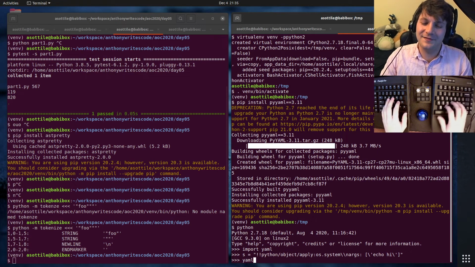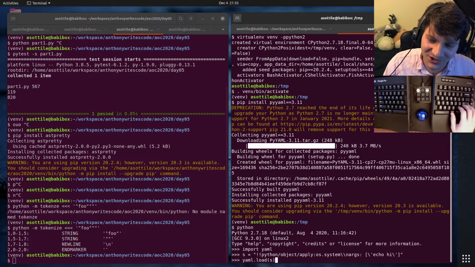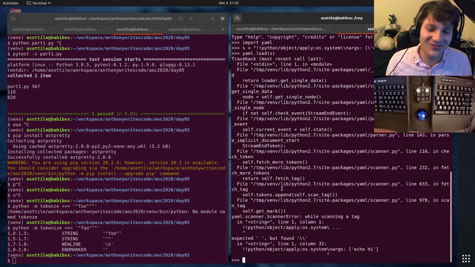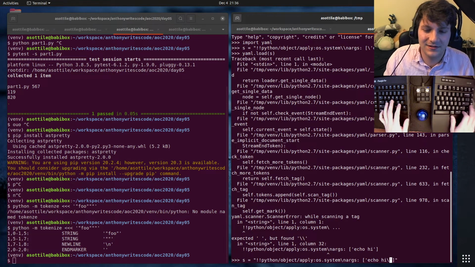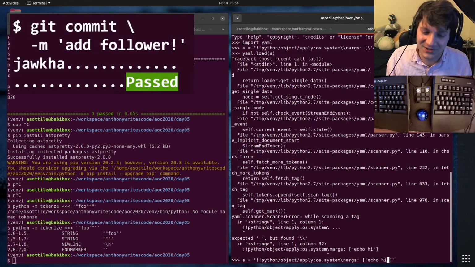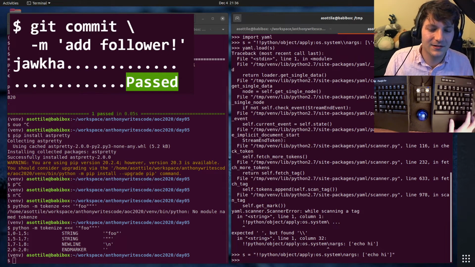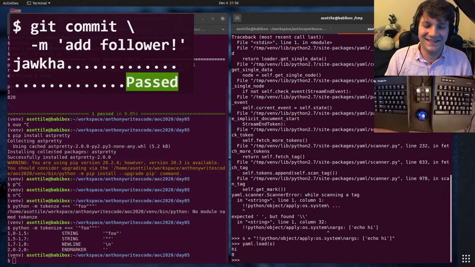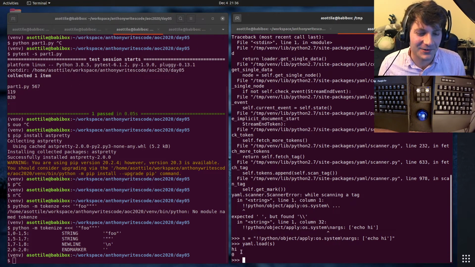A side effect of loading this string causes YAML to pop a shell. Oh wait, is it fixed now? Oh, there's too many backslashes here. Okay. Loading this string causes YAML to pop a shell. Which is great. And of course, the yaml.load call returns 0, and it prints out hi as a side effect.